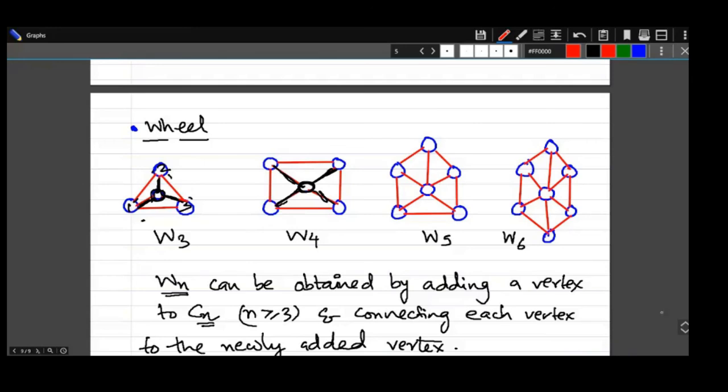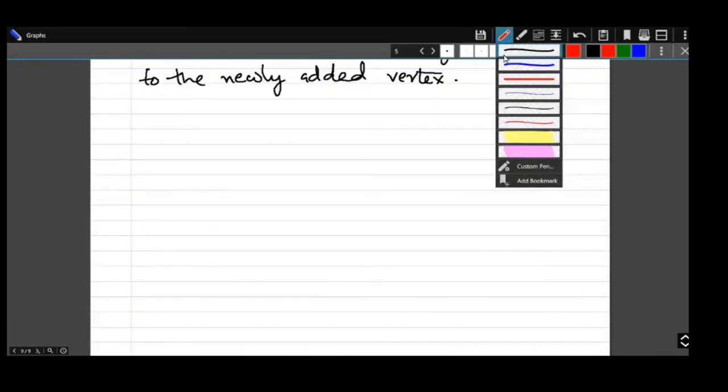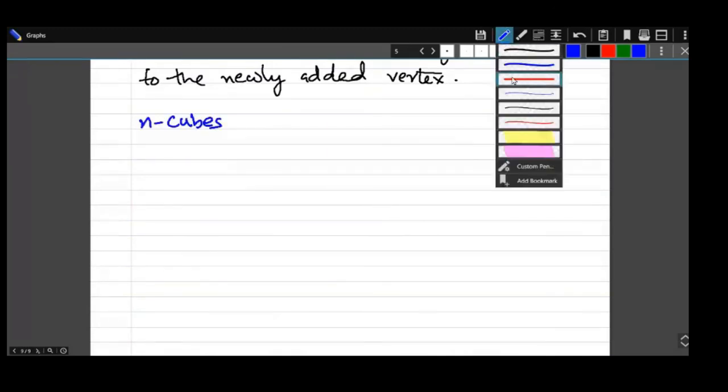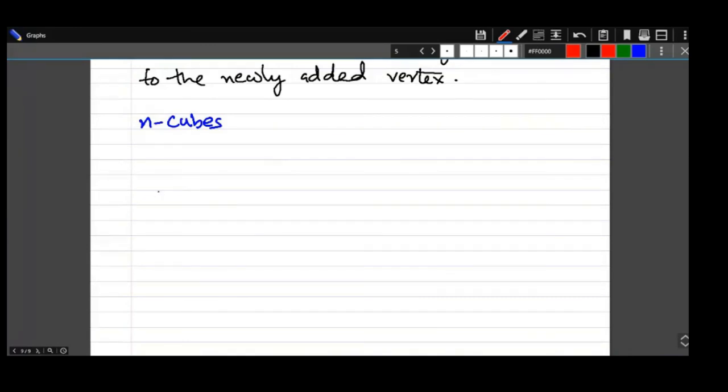And there is one more thing, that is n cube. So I'll just quickly add that, and we will finish it. So n cubes, so it is in a cube fashion. So n cube with 2, sorry, let's say when you add it, it will be 0 1. But when you have for 4, let's say this is 0 0, 0 1, 1 0, then you probably can have this added.